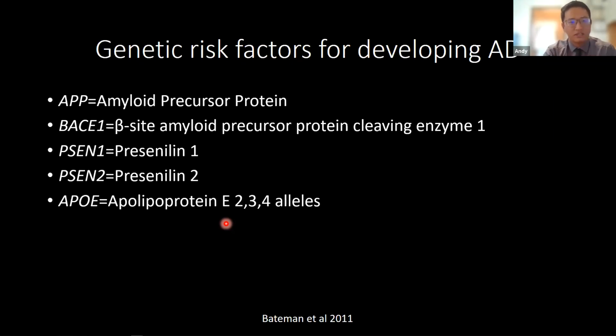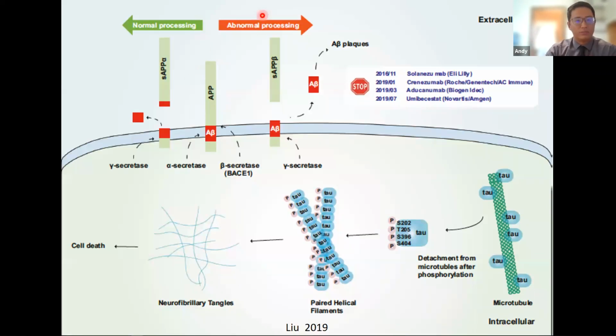So ApoE4 alleles places patients at a much higher risk for the development of Alzheimer's disease. Going back to the pathogenesis, now you can see where the genetic mutations occur, and that's why the amyloid hypothesis has such weight and has been the prevailing hypothesis for decades. So APP mutations, amyloid precursor protein mutations, skews the processing to the abnormal pathway and forms A beta plaques. So the BACE1 mutations here causes this to cleave more frequently, leading to abnormal processing. The presenilin 1 and 2 mutations are just subunits of the gamma secretase, and that's how it's involved here. So with this, it will cleave at this site more frequently, leading to the A beta plaques.